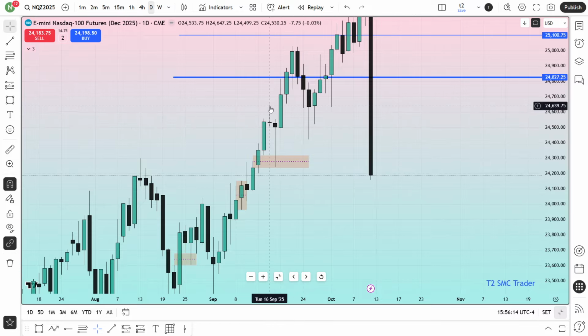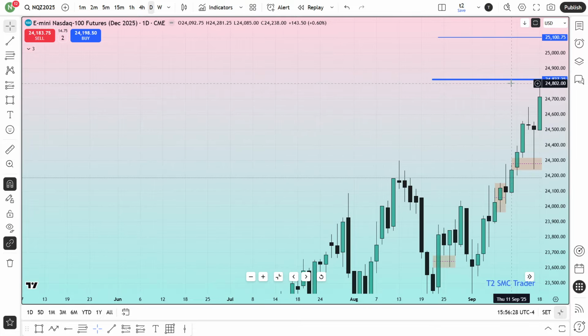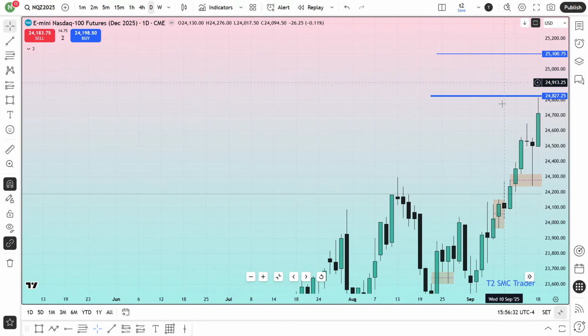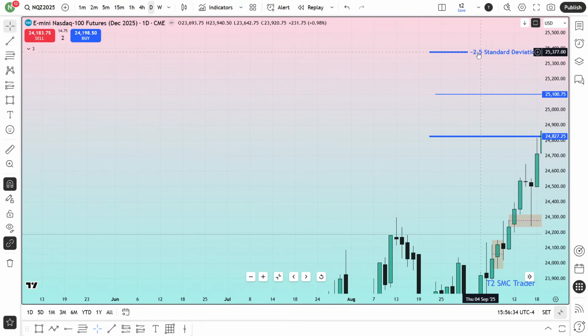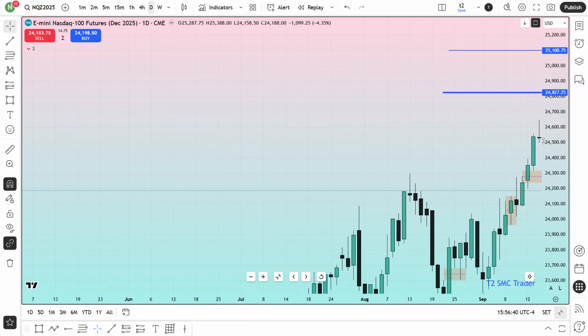This candle appeared over here, then the next candle is falling. I'm not interested in looking for sell. I'm still bullish. How long? Until this market reaches this line, which is minus 1.5 standard deviation. Still, I don't know whether it is going to be the all-time high, or this market is going to break this all-time high and come over here, which is minus 2.5 standard deviation. I don't know that. All I'm predicting is whether this market can come over here. So every day I am bullish.